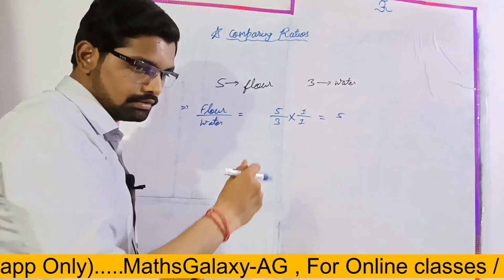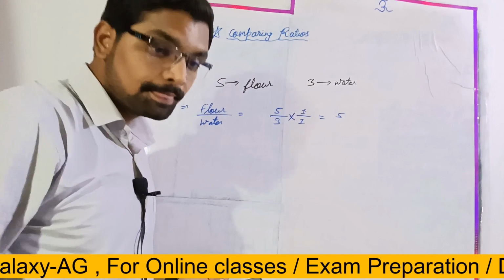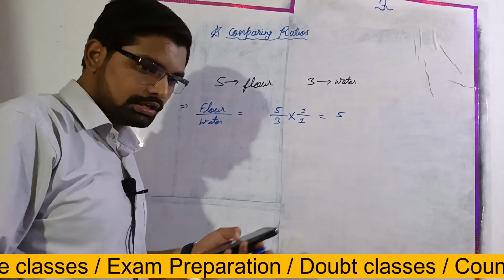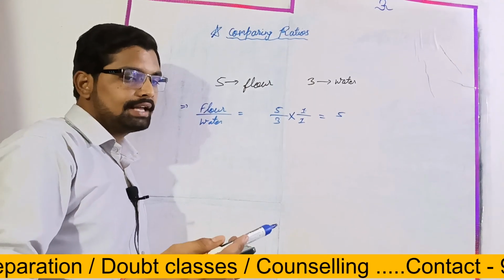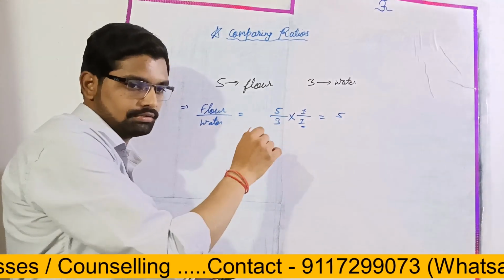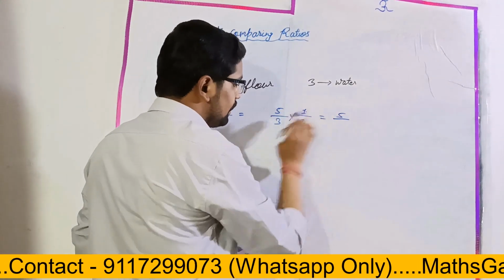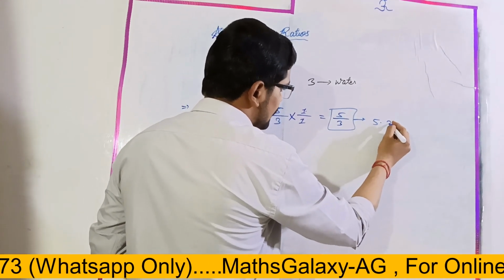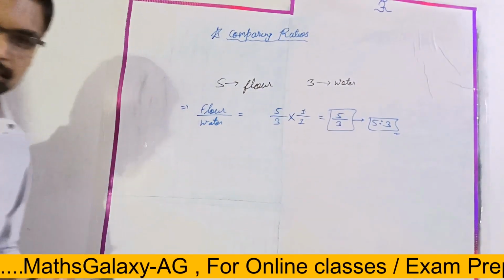It says in the question to make one portion of dough. Why do we have to do that? Can't we just do it directly? Yeah, we can do it. But in the next question, when it comes for 2 portions, 3 portions, at that time you will not get confused. That's why I am explaining this point from here. Okay, is it clear? So let's see here, 5 1 ja 5 and 3 1 ja 3. So it will be 5 by 3. In ratio we can say that it will be 5:3. Is it clear? है ना?